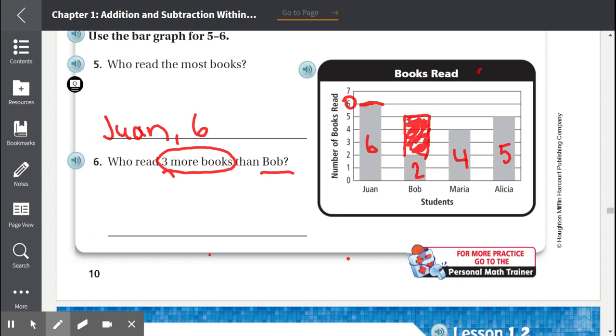So who read 5 books? Not Juan. Juan read 6. Not Maria. Maria read 4. Alicia, let's check if it's Alicia. 1, 2, 3, 4, 5. It is Alicia. Alicia read 3 more books than Bob. So we're going to write Alicia, and we're going to put 5. And we are done